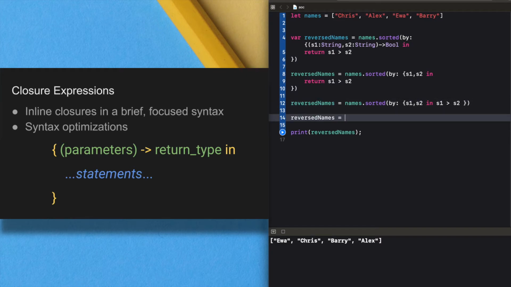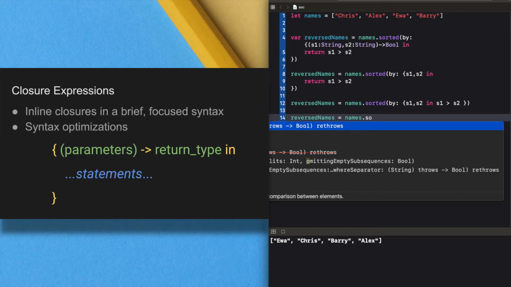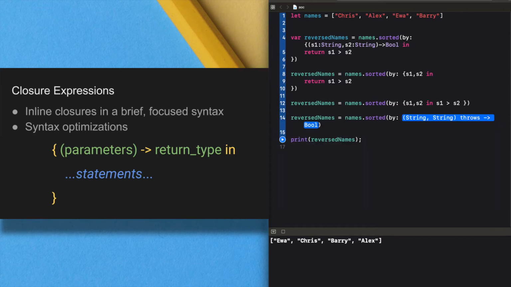So result names is equal to names dot sorted by. We are going to optimize this one.